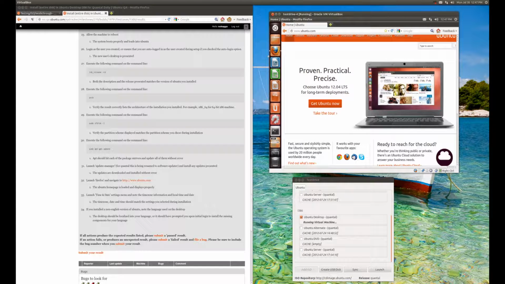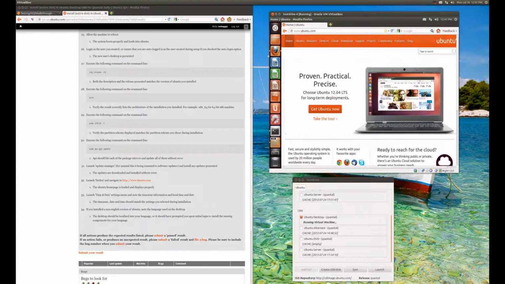So we can go ahead and move on to step 33 and launch our time and date settings menu. And in this step, we want to note that the time zone information, the local date and time, all those things match what we actually selected during installation. In this case, I utilized Eastern Time Zone,